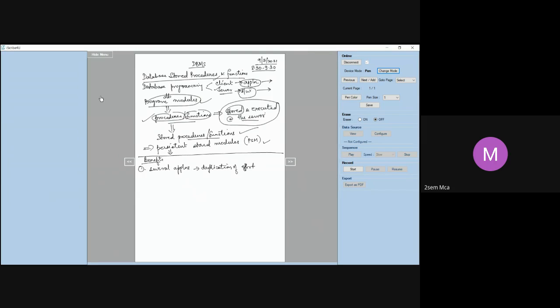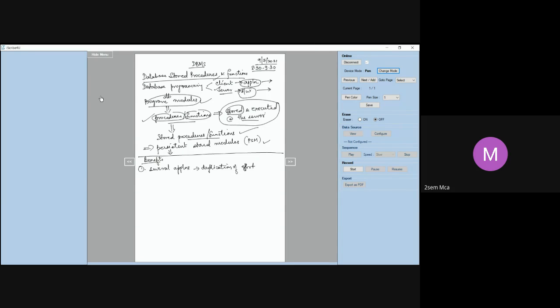Or let us say calculation of budget, something like that. Calculation of budget is required by many applications, not just one. So in that case, I will store this budget program in the server. When I store it in the server, it can be invoked by whichever application requires it, something like plug and play, right?